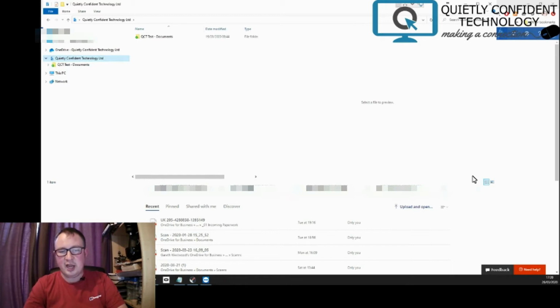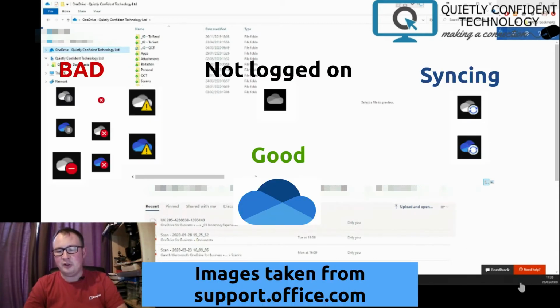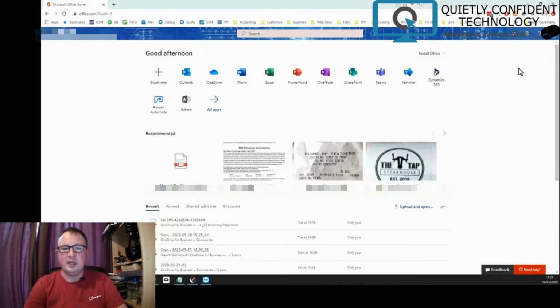The first thing just to double check is that OneDrive is actually installed and set up, and that you're logged onto OneDrive and it's working and synchronizing. You can't see it on this screen, this is on the wrong screen, but ordinarily you'd look down in the bottom right hand corner and look for the OneDrive icon, which would look the same as this. If it's blue and nice, then that's all good. If it's grey or if there's red crosses on it or anything like that, then you've got a bit of a problem. You need to resolve that first. But I'm going to go ahead assuming that OneDrive is installed, that you're logged onto it, and that it's done its initial sync. So what you're going to want to do is open up a browser and go to portal.office.com,